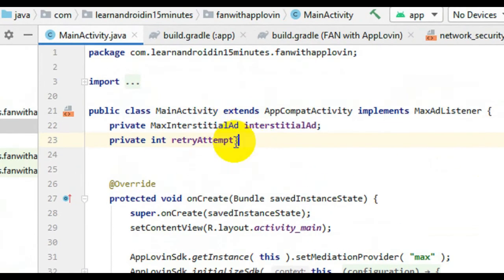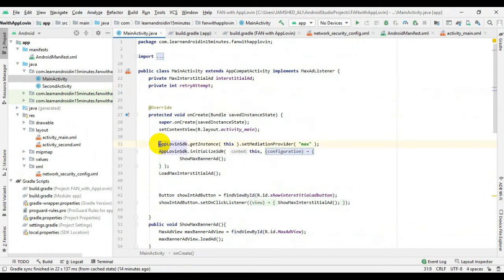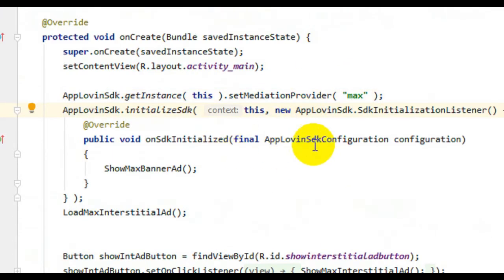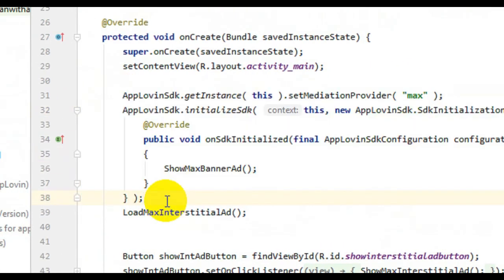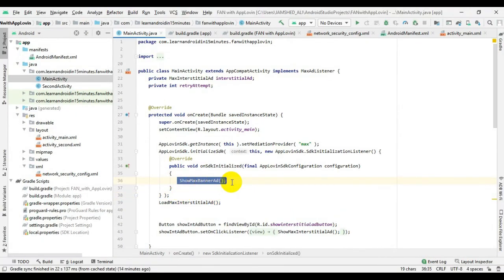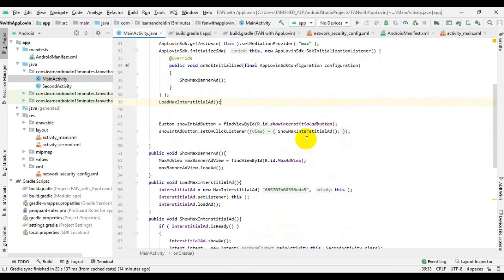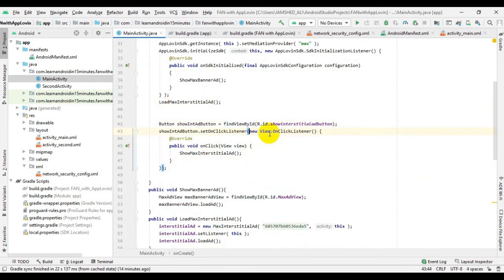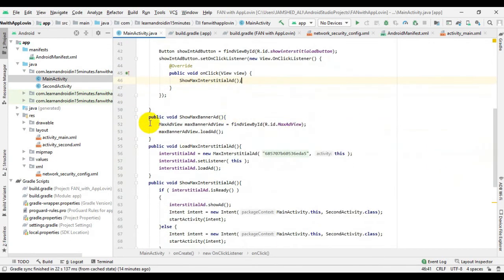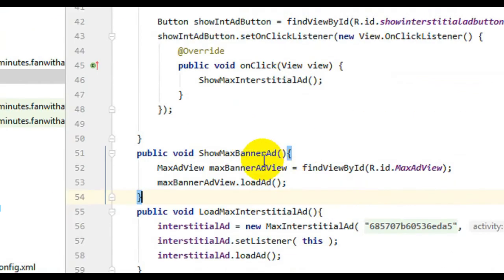Now go to MainActivity.java and create two variables like this. Now you have to initialize your SDK. Inside SDK, call a method show banner ad. Outside SDK, call a method load max interstitial ad. Now initialize the button and set on click listener. Show max interstitial ad.